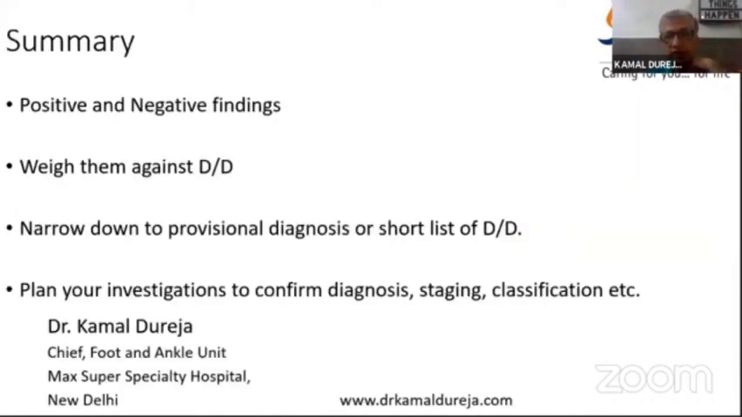So I would summarize: you make a list of positive and negative findings. Weigh them against the differential diagnosis which you are making as you proceed through the history taking and the examination, and then you narrow down to one or two provisional diagnoses, that is, a short list of differential diagnoses. Maybe now you need the help of investigations like X-rays, CT and MRI to confirm